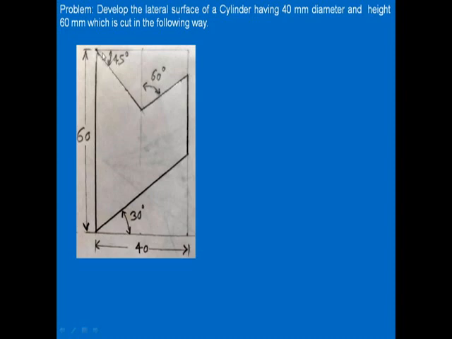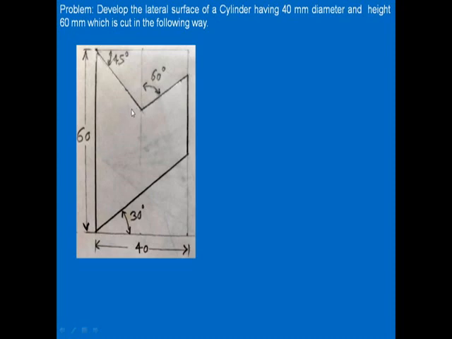Next, you have the second cutting plane, which is inclined at an angle of 45 degrees to the XY line or to the axis. Now this cutting plane makes an angle of 45 degrees starting from the top left corner of the base. So you can see this is the section plane or the cutting plane, this line inclined at 45 degrees, and it is coming and intersecting the axis line here. So this is the point of intersection with the axis line. So this is your second cutting plane.